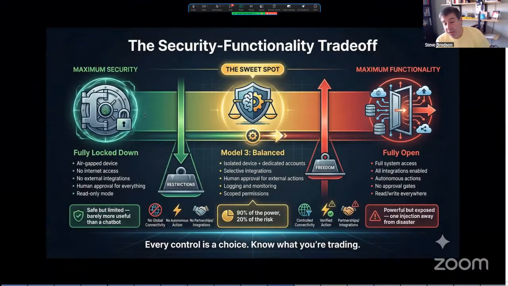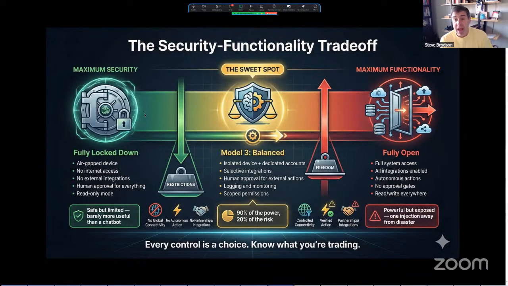Okay, so here's my slide on the security and functionality trade-off. Again, too complicated. Google Gemini seems to have gone overboard. But basically, the idea here is that if we have maximum security, fully locked down, we're probably at the generative AI level, right? A web page where you type prompt after prompt, and that's that, because agentic really introduces risks on top of that.